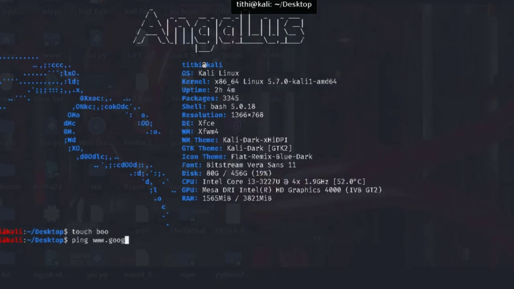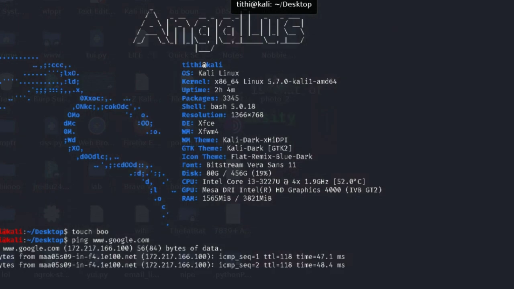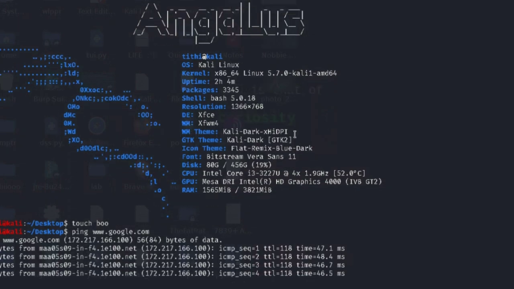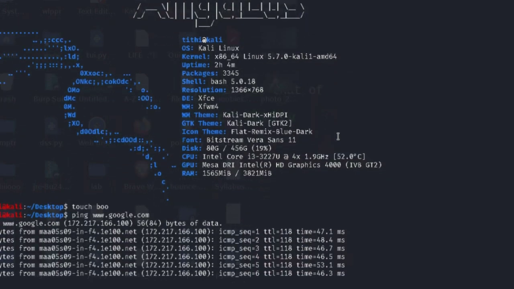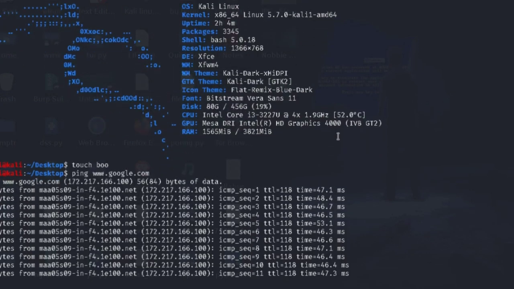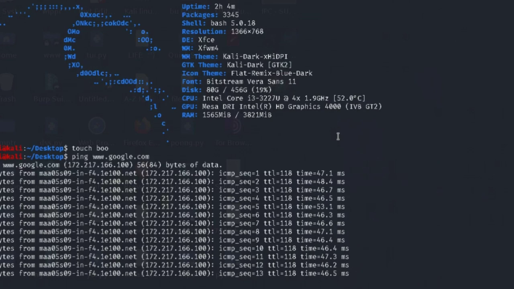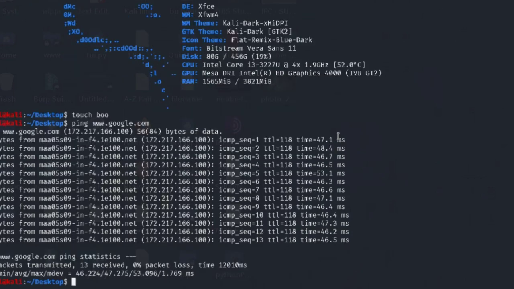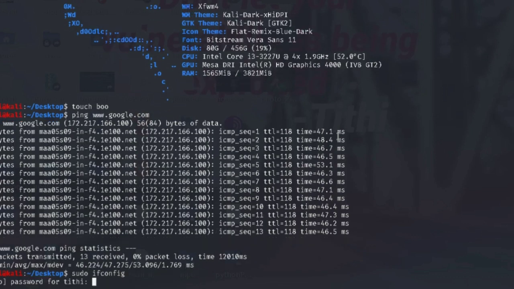Next comes the ping command. This can basically be used for checking your internet connection, used in Windows too, or we can ping any IP address with it. During hacking you need this. That is a different topic. I will make a video on this topic sooner. There are lots of commands that are needed in hacking. It is also one of the very basic ones.